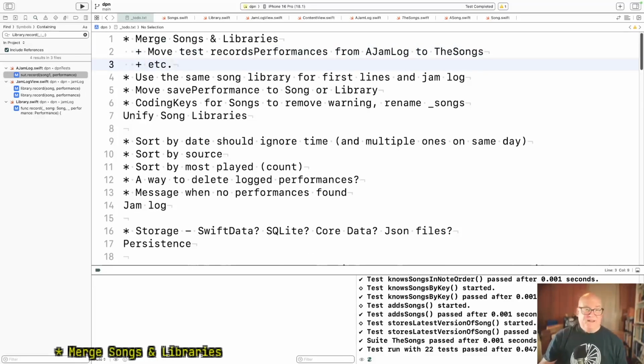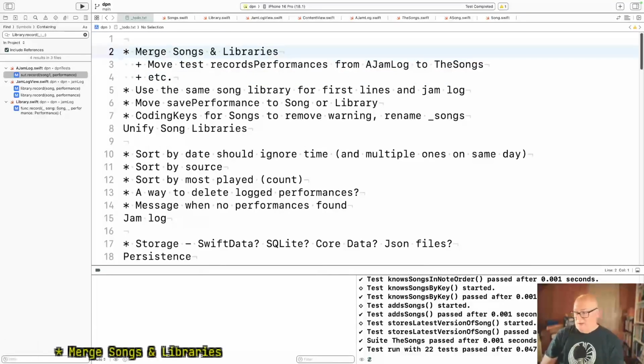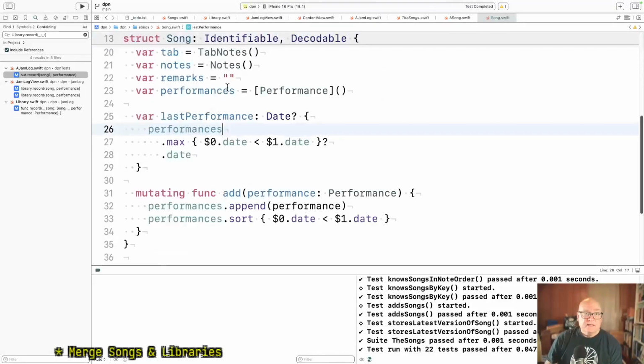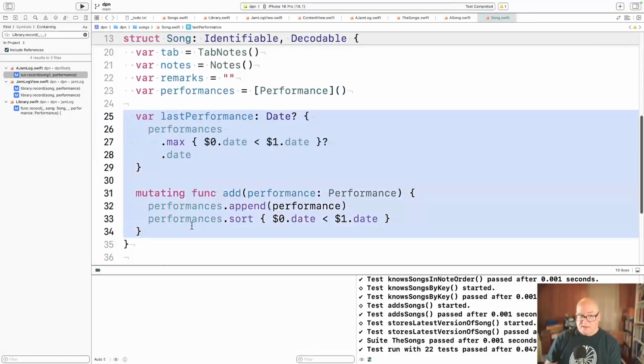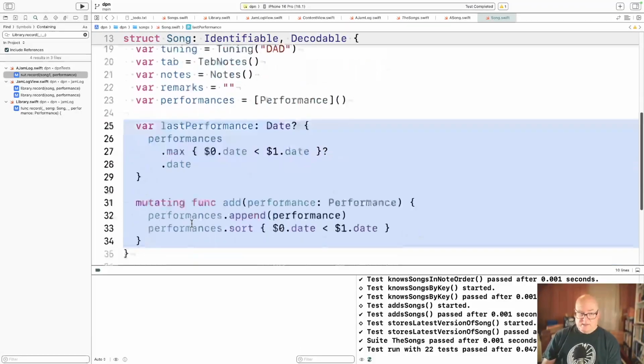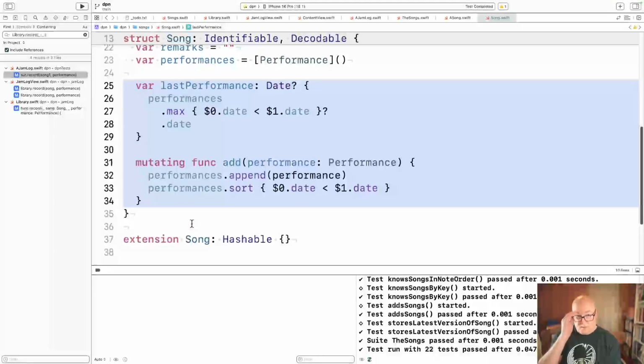And more. Okay. Well, a lot of refactoring today, but I think the result is coming in. A song is slightly more complicated. We've added some functions to deal with this stuff, but that's a lot less than the JamLog stuff was doing. So I think that's simpler.